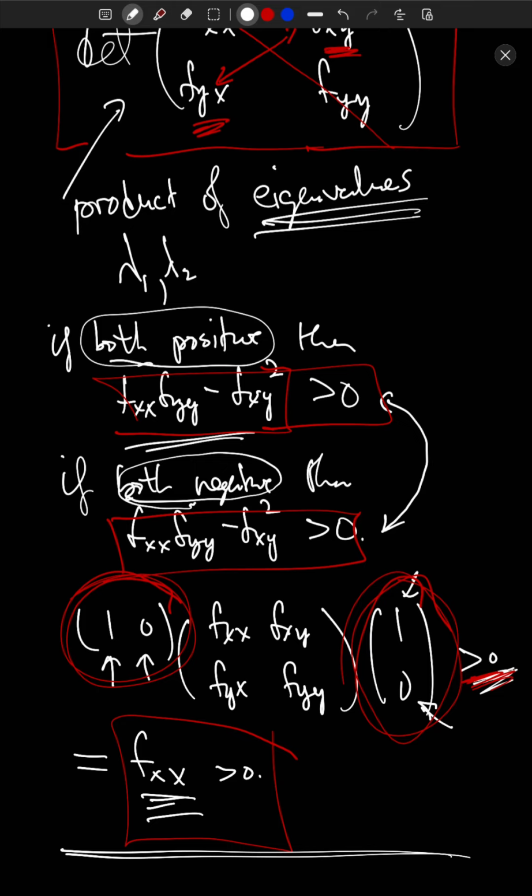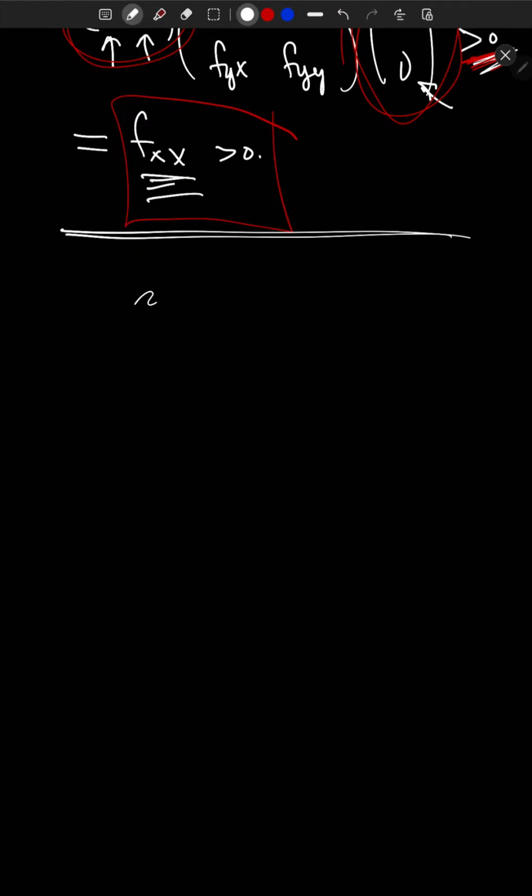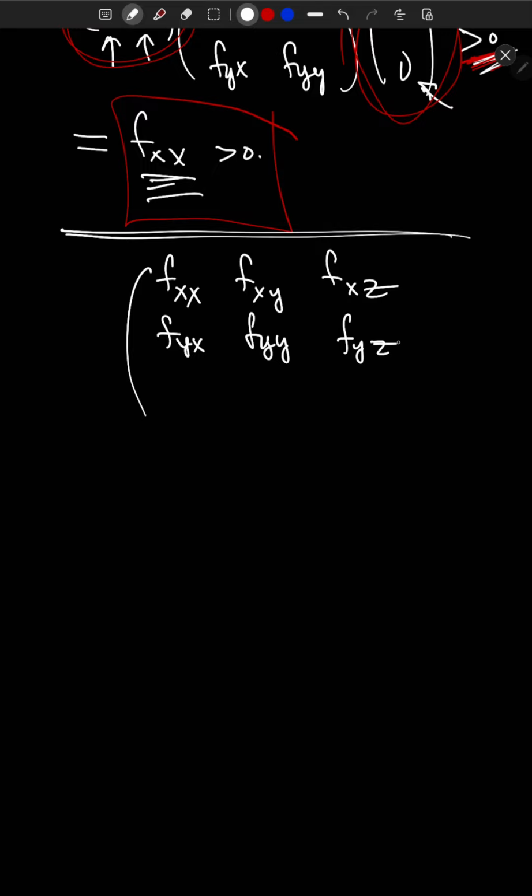However, with this point of view, it's super easy to write down a second derivative test for three variable functions. You would look at fxx, fxy, fxz, fyx, fyy, fyz, fzx, fzy, fzz, and this represents how your function curves,